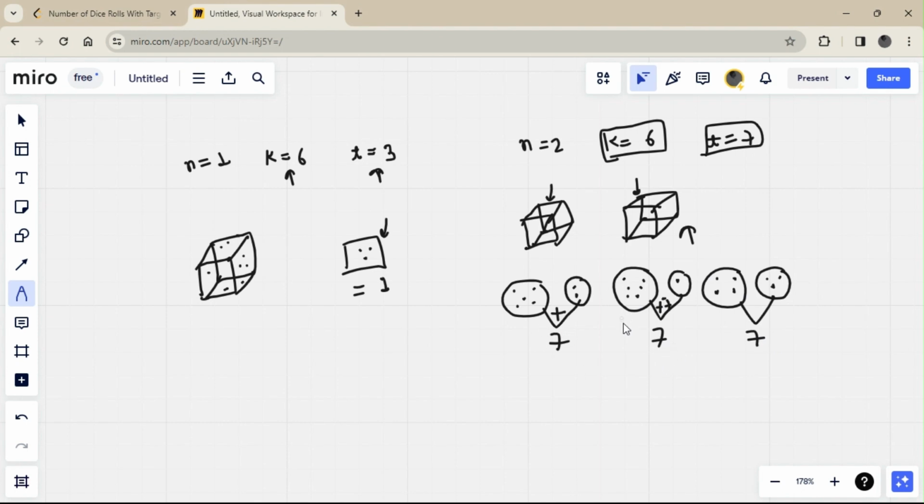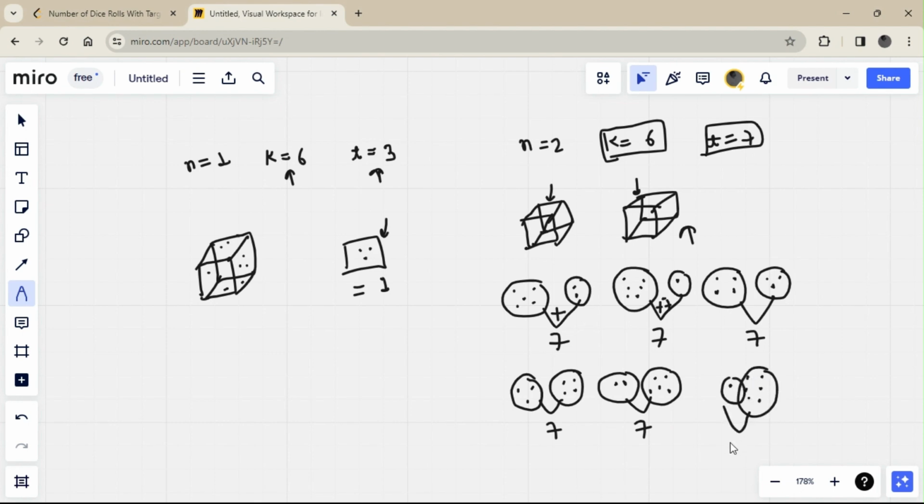So let us draw all the ways, how many cases are possible in this particular example. If we take 3 on the first and 4 on the second, then the sum becomes 7. If the first is 2 and the second has 5, then this also becomes 7. And if the first has 1 on the face value and the second has 6, then this becomes 7.